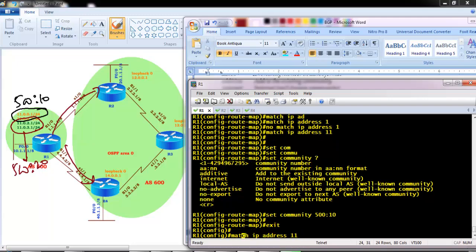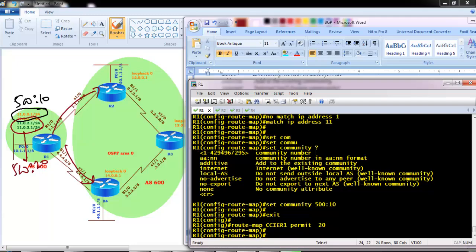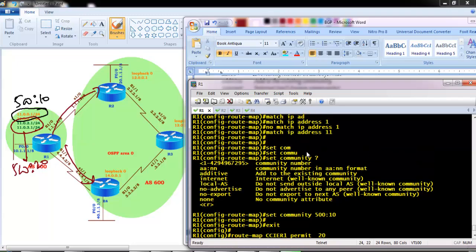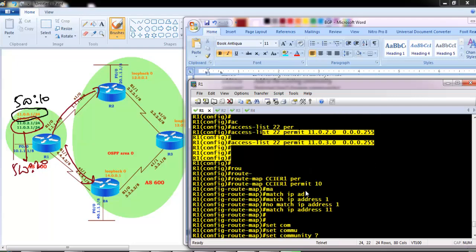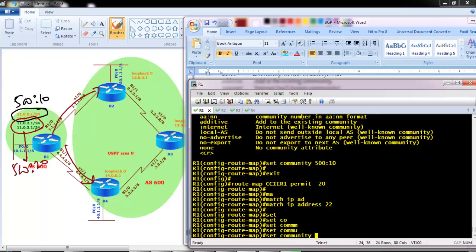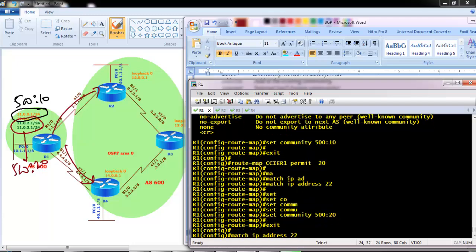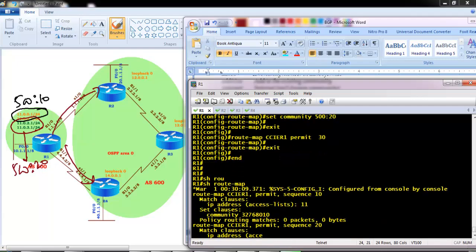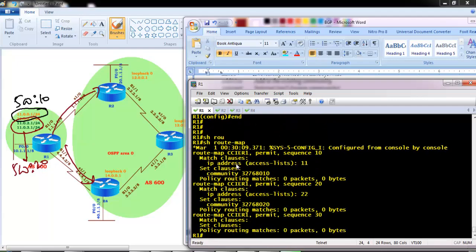And then I need to define the same route map, but this time I'm giving permit 20 and matching 22 network, that is nothing but matching the second ACL statement 22, and I'm going to say set community value 500:20. Okay, and then the remaining routes, you can just leave it blank. Done. So now when I verify the route map, it's going to match the first category of the networks, and